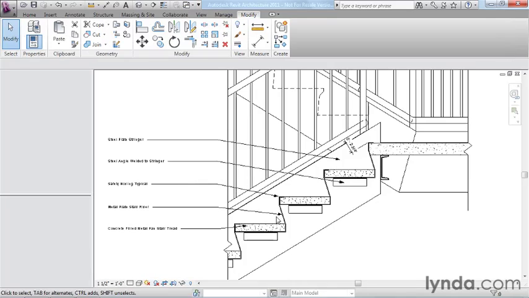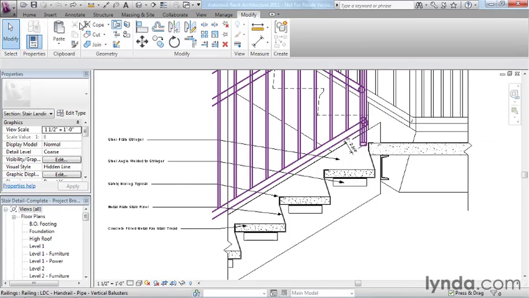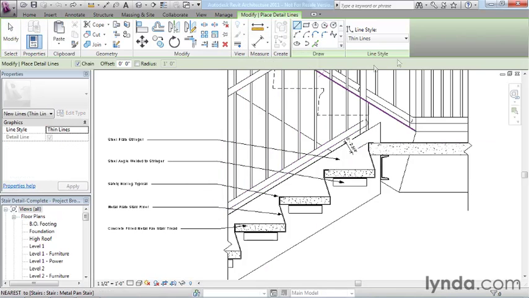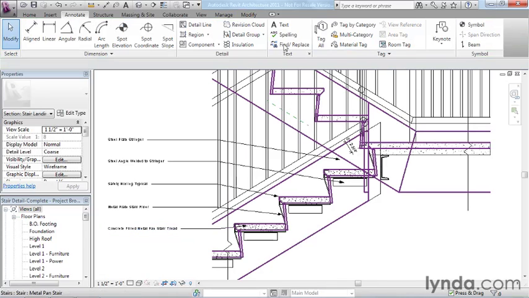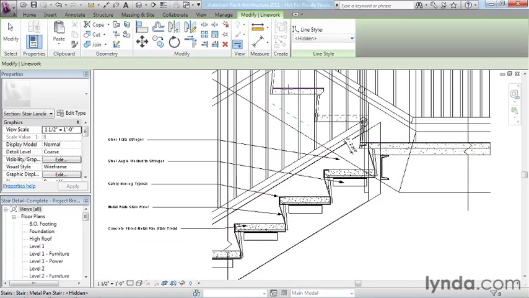All right, so I'm going to go ahead and finish this masking region. And so there you go. It's masking all right, but it seems to be masking just a little bit too much, right? Well, no worries here. We have our Arrange buttons on the Modify tab, and we can easily shuffle these things around. All we have to do here is click Send to Back, because it turns out that any regions or any 2D components, so this includes both our 2D detail component families and our masking and filled regions, all of those sit on top of the model. So even if you send it all the way to back,